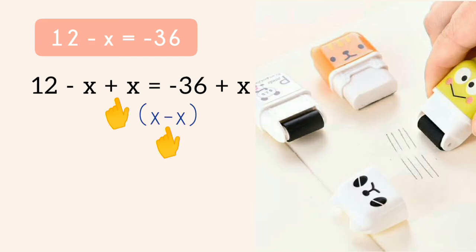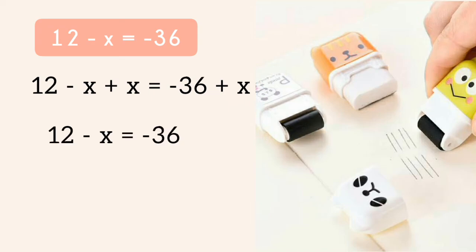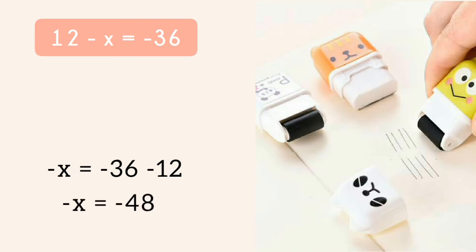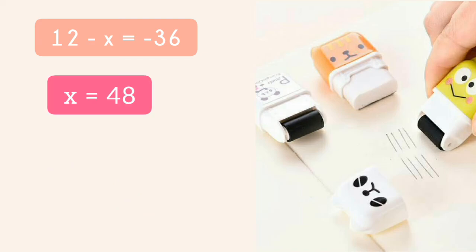The second step, we have to subtract the right side x from the left side x. So the left side positive x will become the negative x. That will remove this 2x. Then after that the variable which we have to find, we take it on the left side with its sign, and the minus 36 as it is, and the plus 12 will become the minus 12. So the answer is plus 48. The minus minus is cut out.